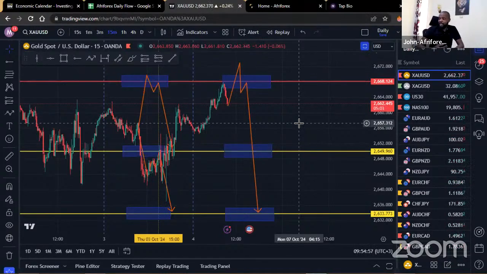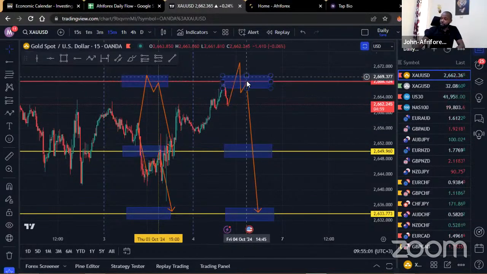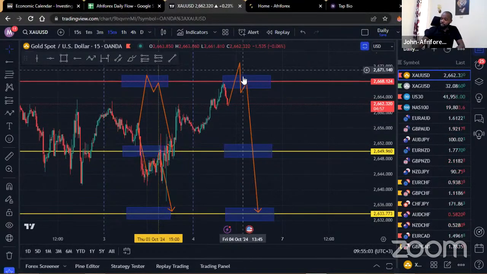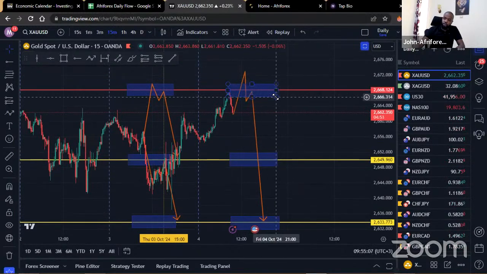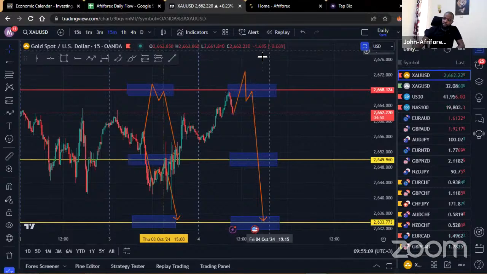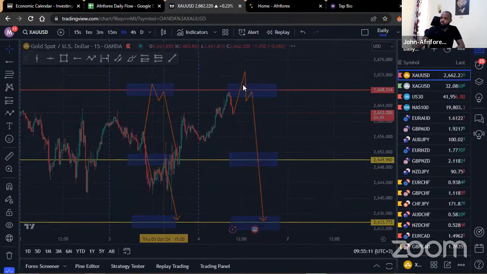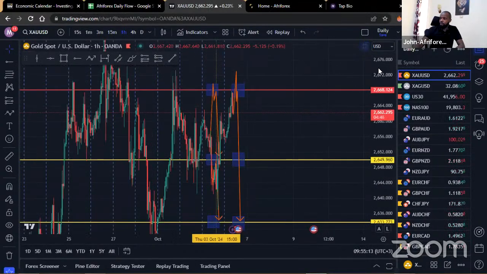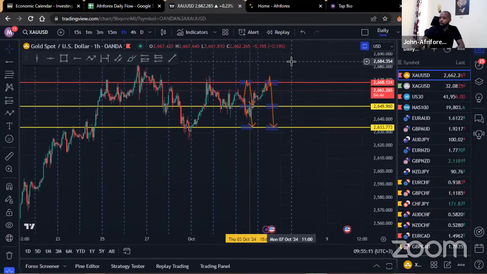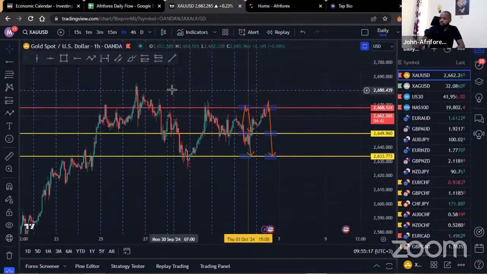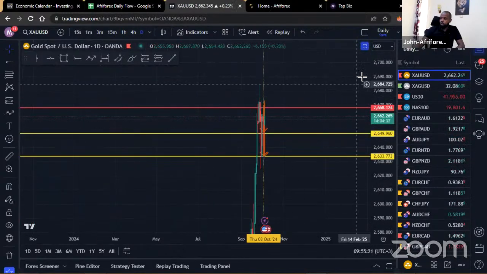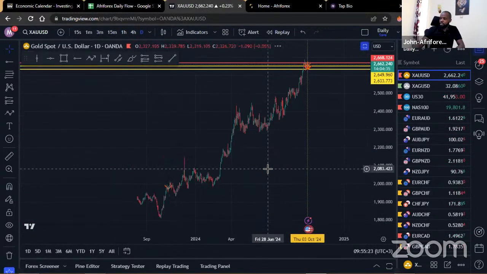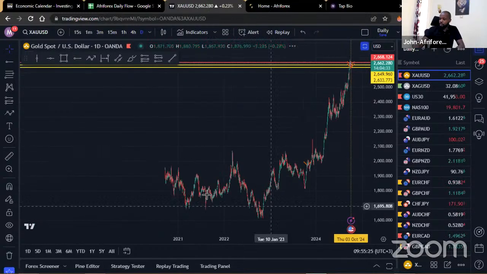So based on what we can see is that we're within our sellers, and in case the market breaks and holds above here and we can't get the market breaking to the downside of this region, then I guess at that point in time, you could actually end up starting to look for your buying opportunities. But of course, being well aware that we've also hit extremes, like I pointed out on the 1 hour time frame. You can see that for gold, we've hit extremes. And these are highs that we've never been. We've never really been here before. So even in terms of plotting the levels, it's been giving us a bit of a headache.